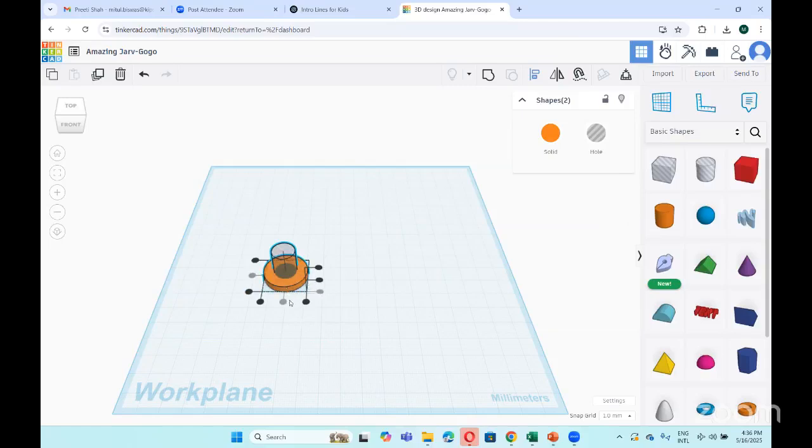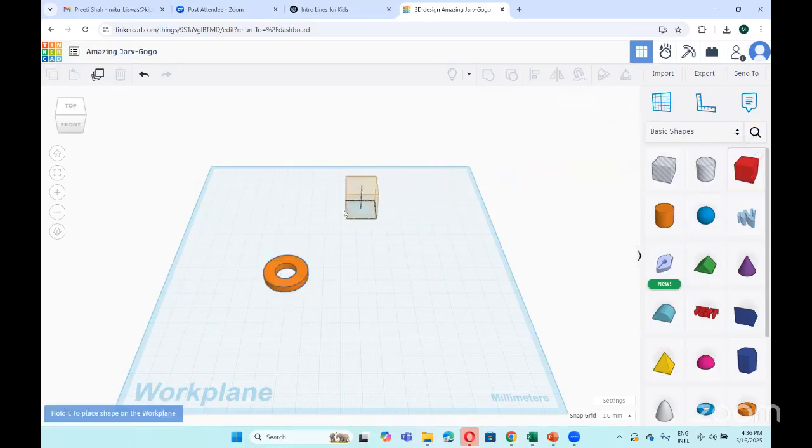Once you do that, the hollow cylinder will come inside in the middle of the solid cylinder. Now you click on the group button. So you can see there is a hollow in the solid cylinder, right? After that, drag and drop the box shape here,